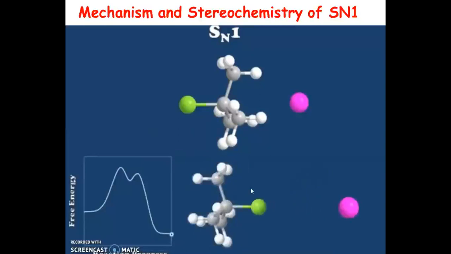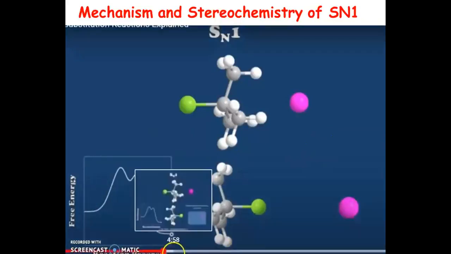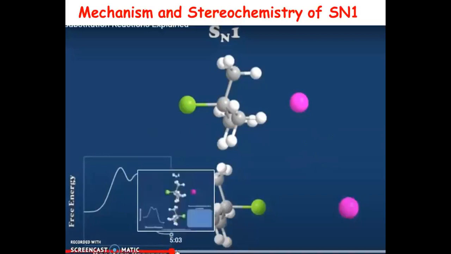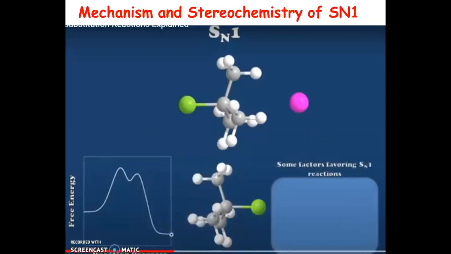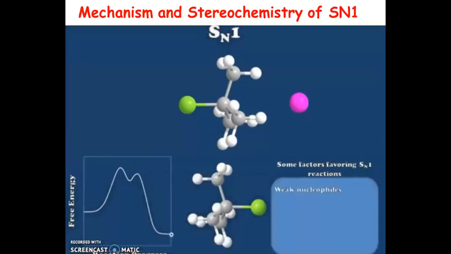Now, just now we have seen that the nucleophile can come from the same side of the leaving group. So this is how, stereochemically, these two products are formed, which will be related to each other as non-superimposable mirror images if you have a chiral carbon, or they are enantiomers with respect to each other. So this is how we can explain the stereochemistry of the SN1 mechanism, where you'll find that you get product where